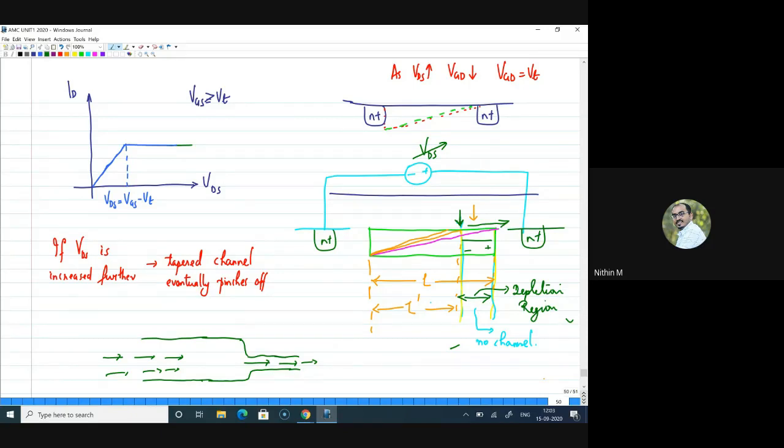In that case, when the channel is present, is current independent of channel width? When your VDS is less than VGS, is current dependent on channel width? Yes. To make it clear, Kartikeya, I have to derive the drain current. Yes, maybe now I can say that the current depends on the channel width. Yes, it depends on channel width.